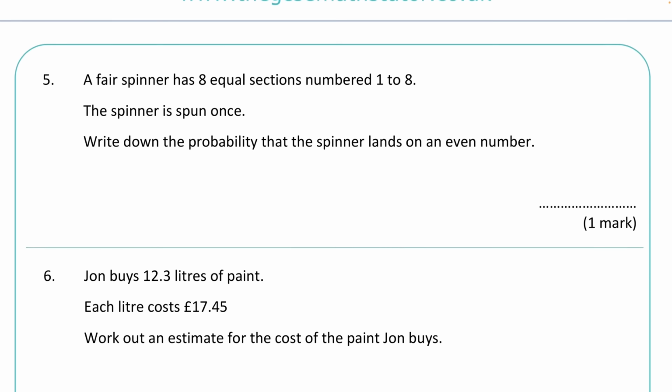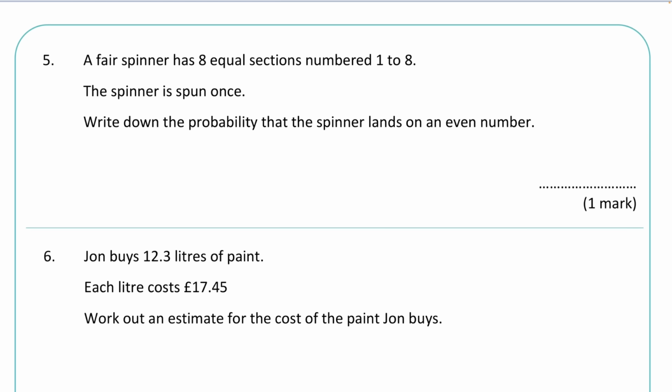Now question 5, it says a fair spinner has 8 equal sections numbered 1 to 8. The spinner is spun once. Write down the probability that the spinner lands on an even number. So between 1 and 8 there's 2, 4, 6 and 8. So there are 4 even numbers out of the 8 numbers that we have available, so our probability would be